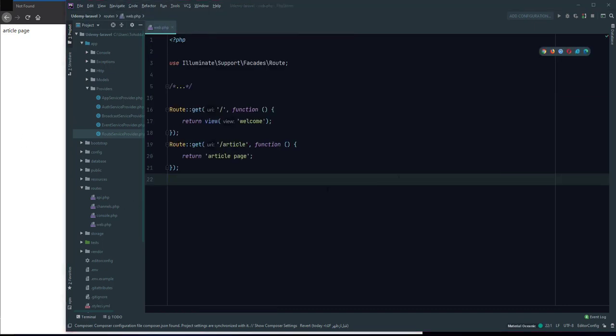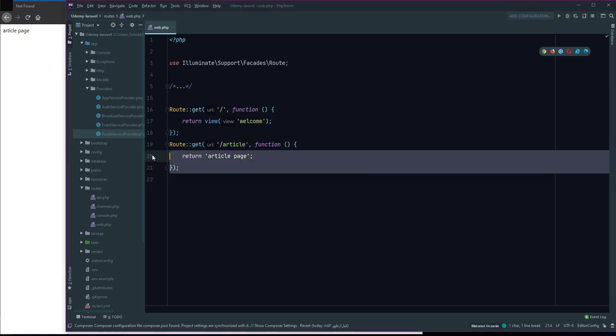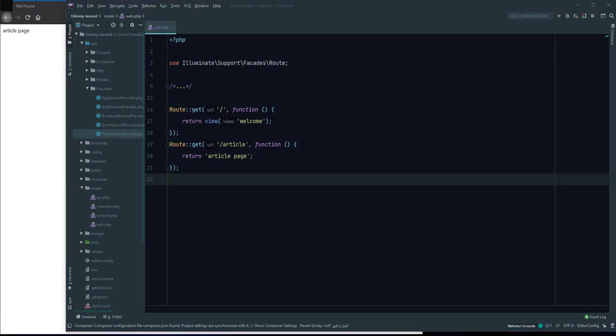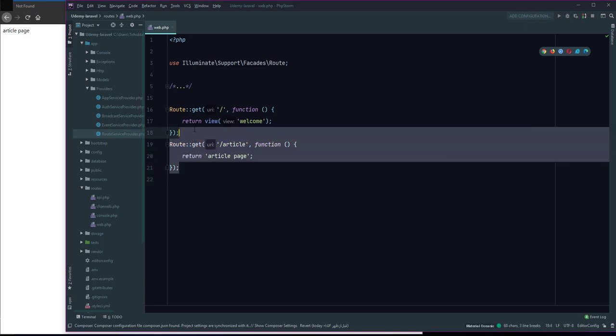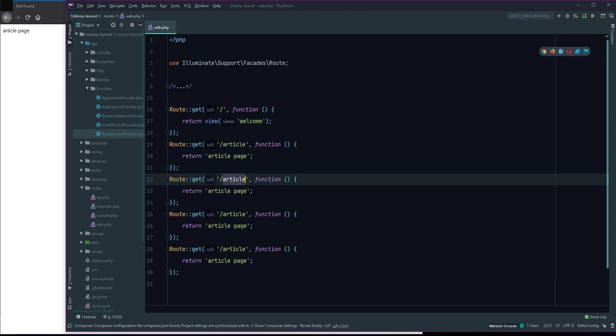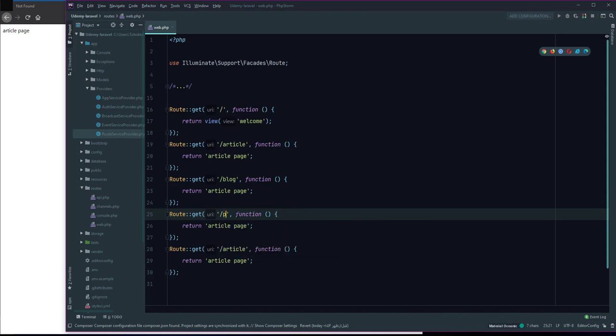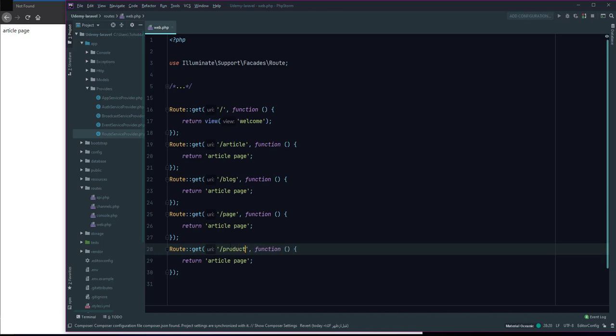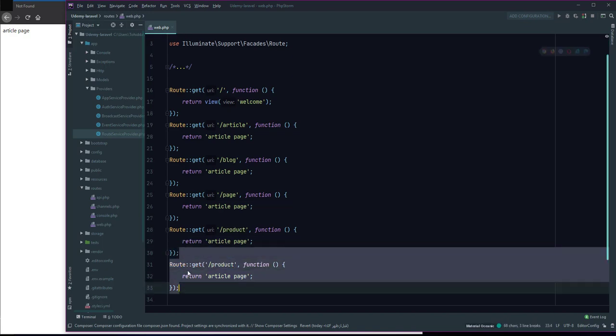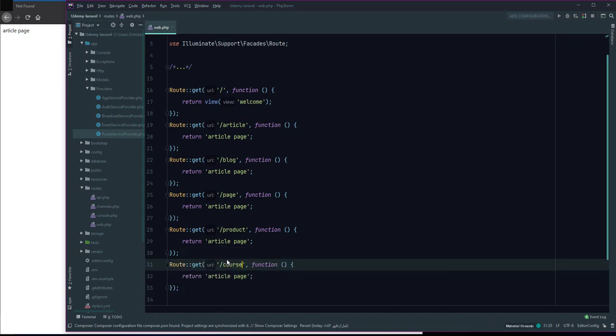For most applications, we define routes in web.php, with many simple URLs. We can define blog, define page, product, and course. We can define these for access